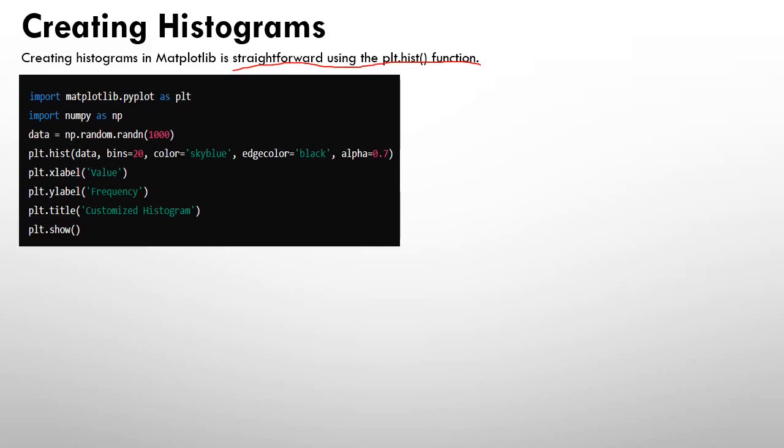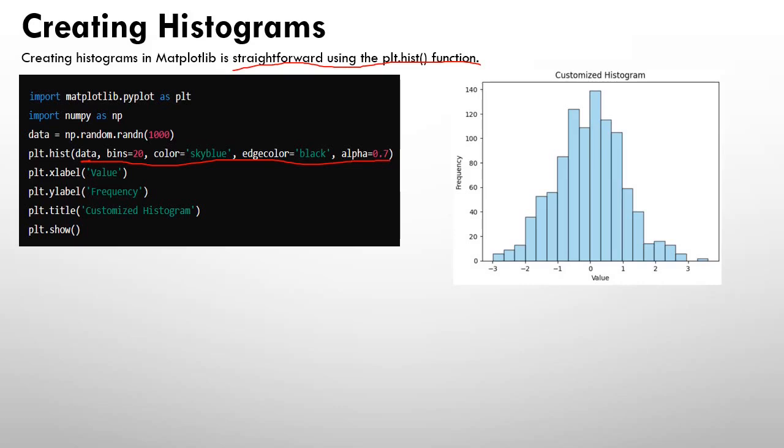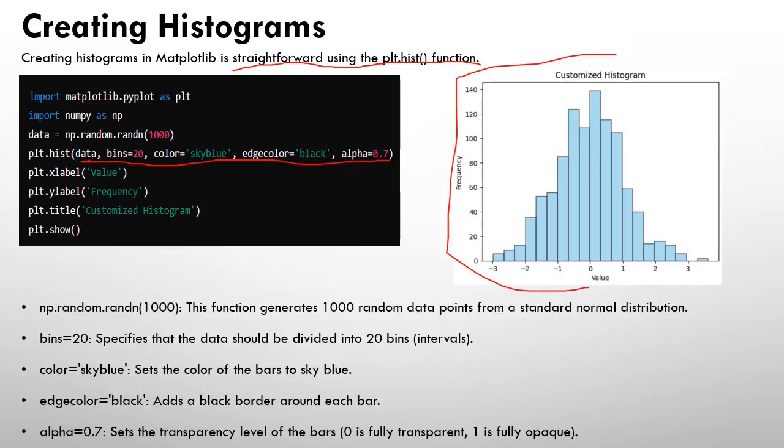So inside the hist function, we mention the data, and after that we can customize the histogram accordingly. On executing this code, we'll get this histogram on our screen. Here,